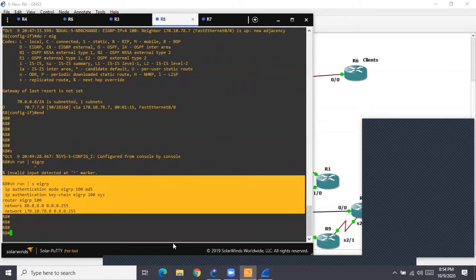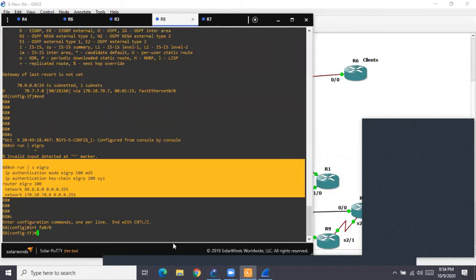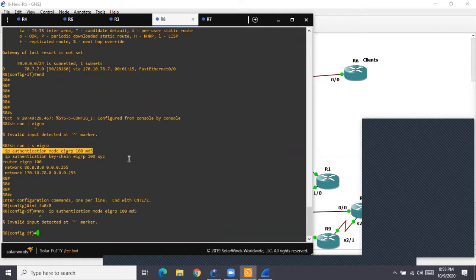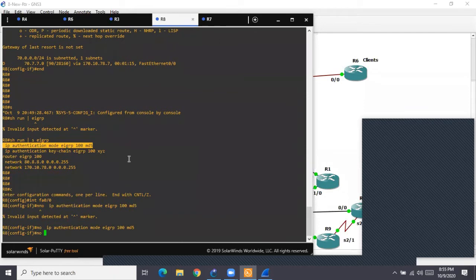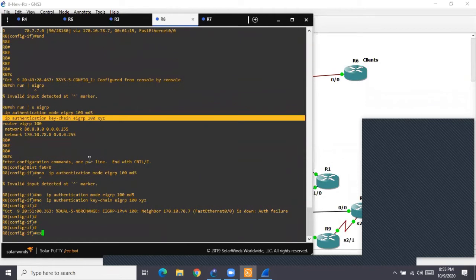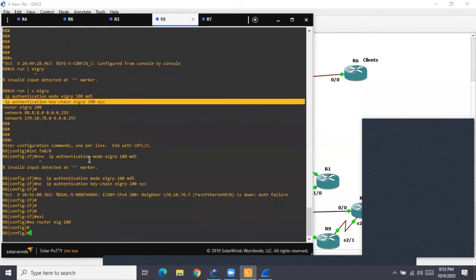So let us go first. First, remove the previous configuration. Now go to the interface. It is not needed now. So we go to the interface and remove this. Remove that. Then I say no router EIGRP 100, EIGRP gone.